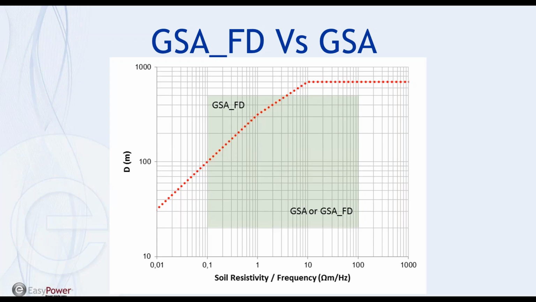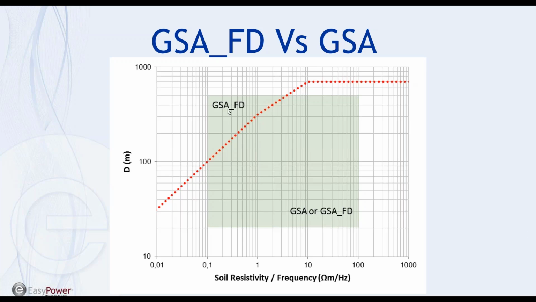This figure is the result of a parametric analysis and represents the application domain of the two modules, GSA and GSA FD. The analyzed parameters were grid size D, the diagonal of the grounding system, the soil resistivity, and the frequency. In a few words, GSA can be applied below the red dotted line,